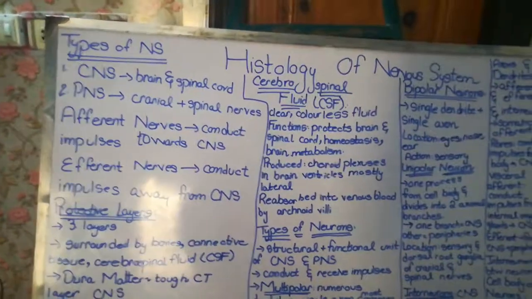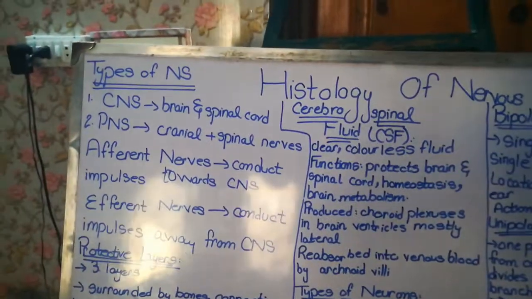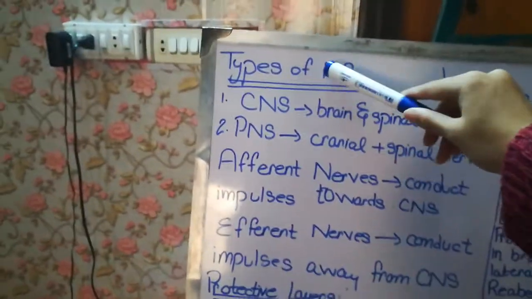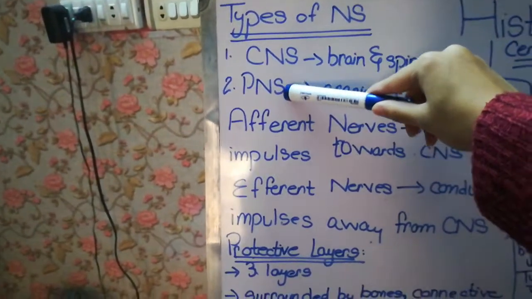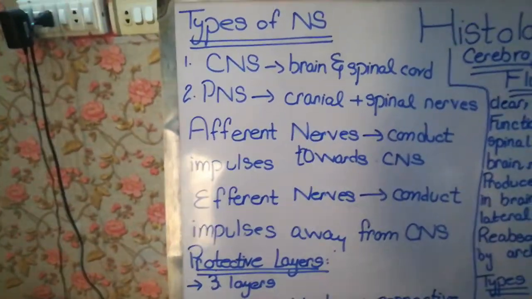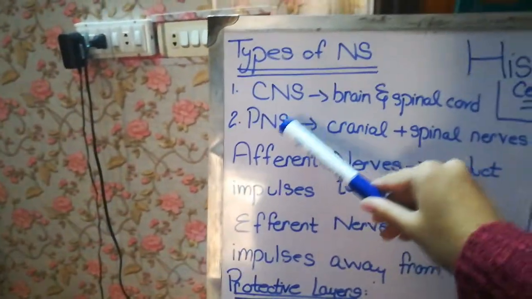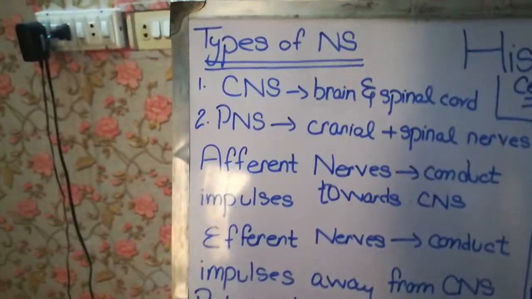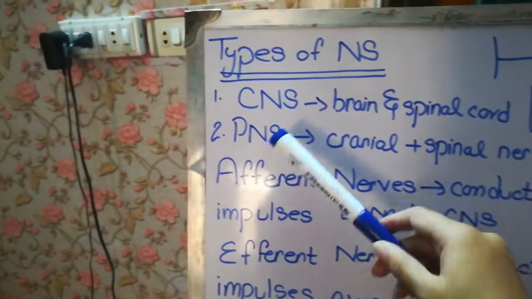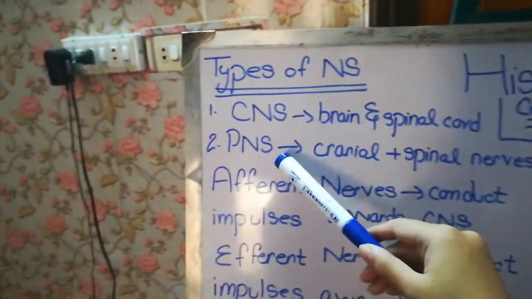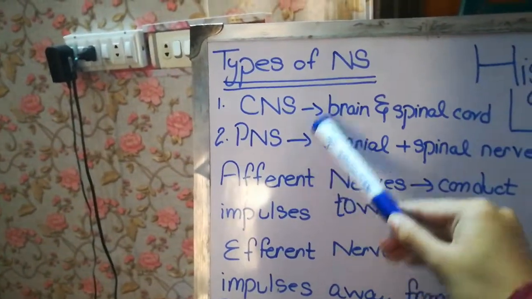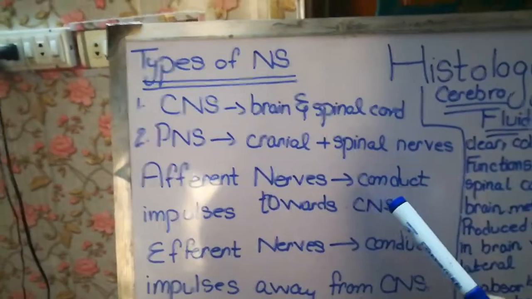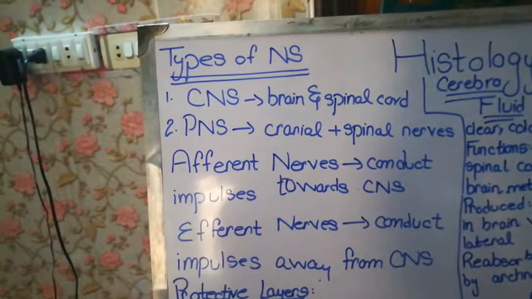The nervous system is basically classified into two types. Number one is your central nervous system, followed by the other type that is known as the peripheral nervous system. CNS is the abbreviation for the central nervous system and PNS is the abbreviation for the peripheral nervous system. The central nervous system consists of your brain and spinal cord, and the peripheral nervous system is the second type of the nervous system, which consists of your cranial and your spinal nerves, along with your cerebral nervous system and